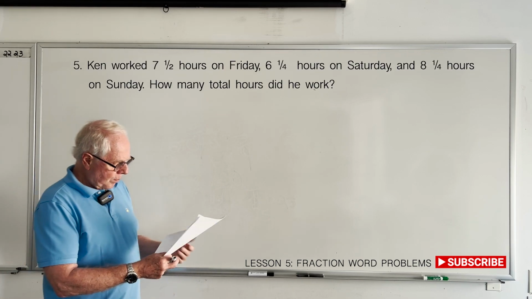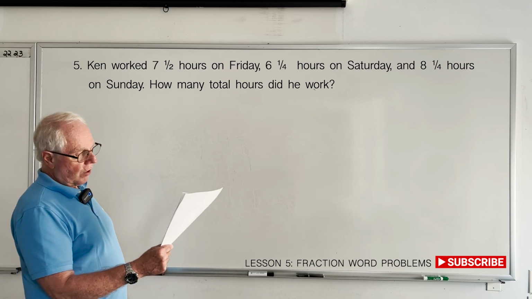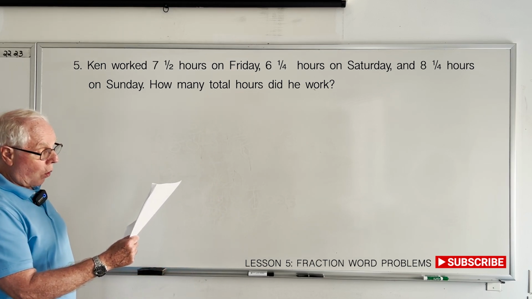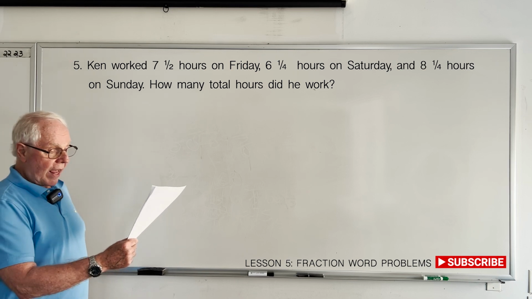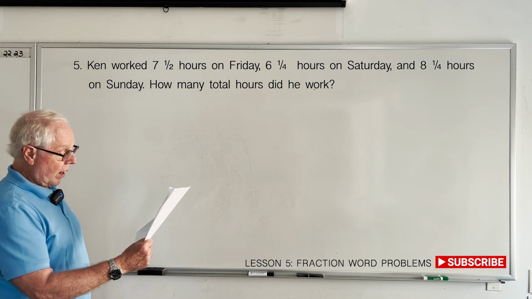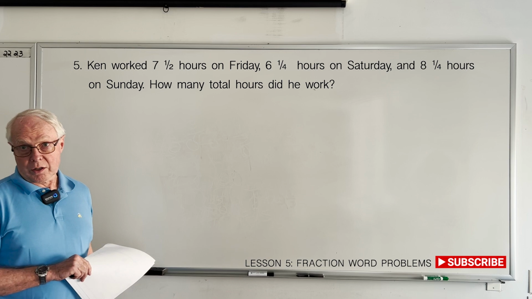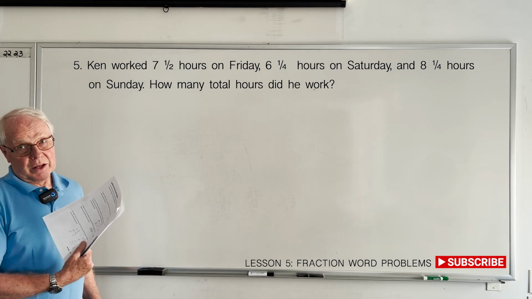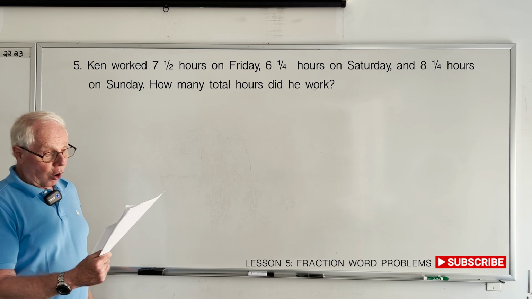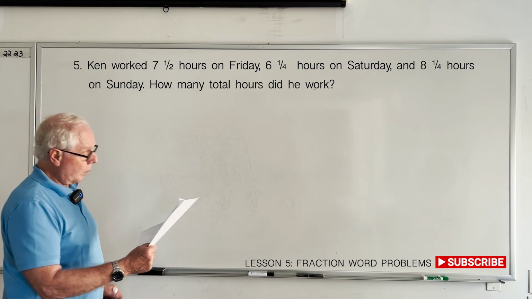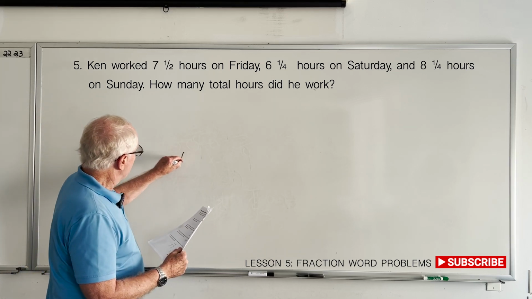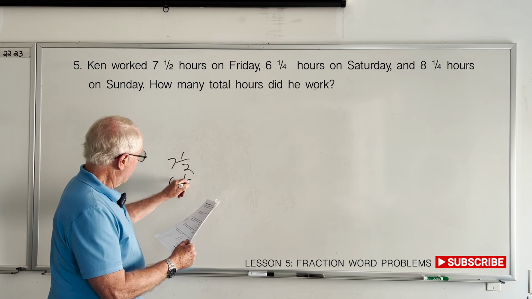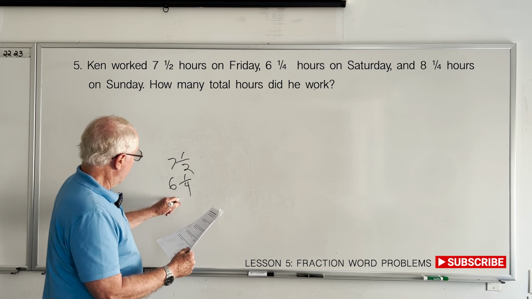Our next one, well, I'll just read it and see what it says. Ken worked 7.5 hours on Friday, 6.25 hours on Saturday, and 8.25 hours on Sunday. How many total hours did he work? Well, one clue is, since there's 3 numbers, it's probably going to be addition. And in fact, it is. They want the total, so that means add them all up. So we have 7.5, 6.25,